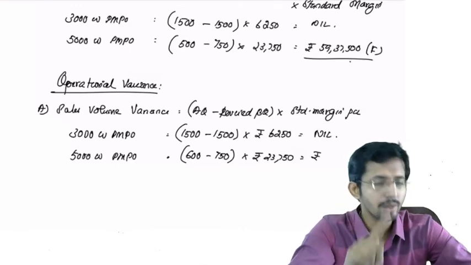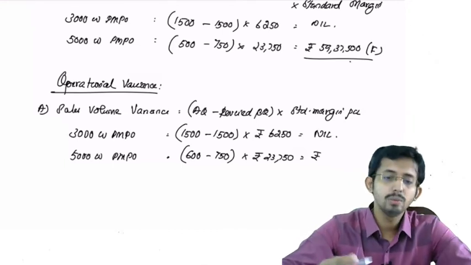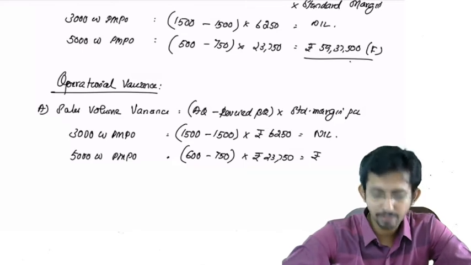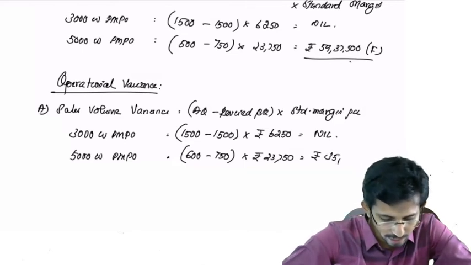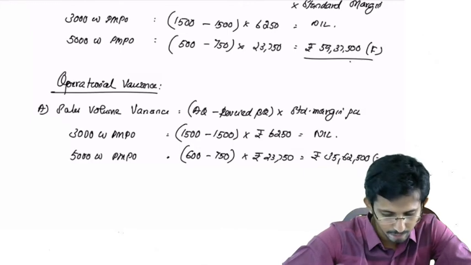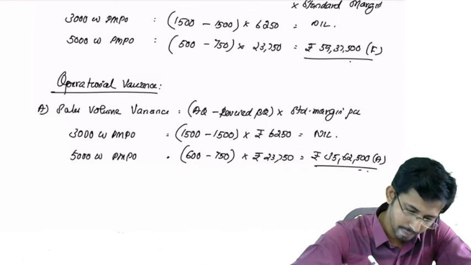So is it a favorable variance or adverse variance? It's an adverse variance. Okay, so the adverse variance will be what? 150 into 23,750, that is 35,62,500 adverse. Is it clear? So you can write, okay, you can write,